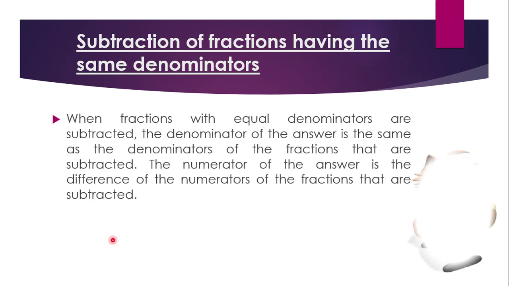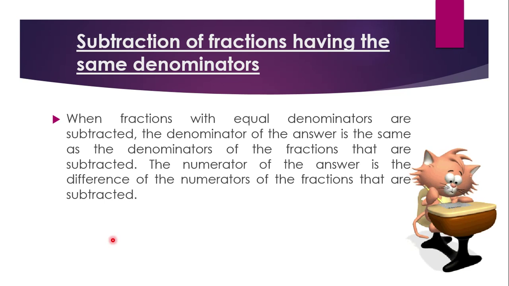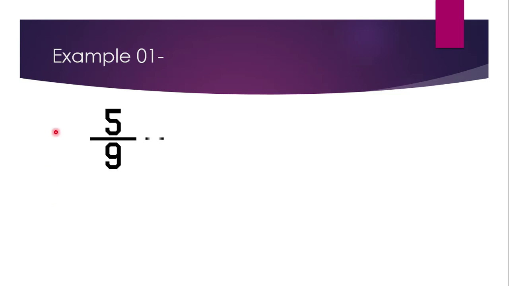When fractions with equal denominators are subtracted, the denominator of the answer is the same as the denominators of the fractions that are subtracted. The numerator of the answer is the difference of the numerators of the fractions that are subtracted. For an example, if we are going to take two fractions, I am going to take one fraction 5/9